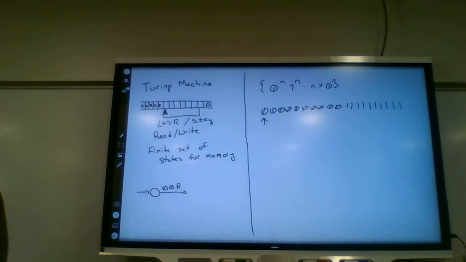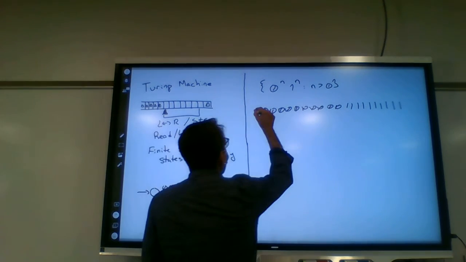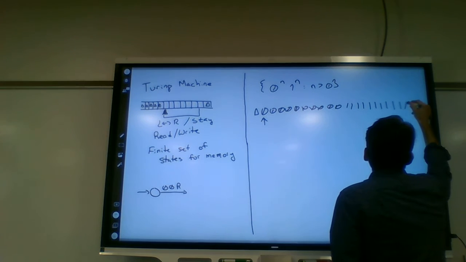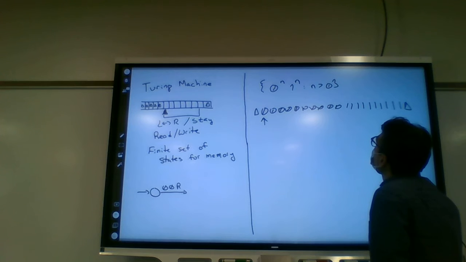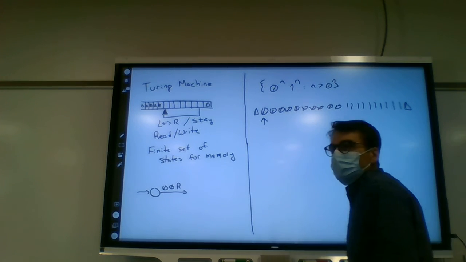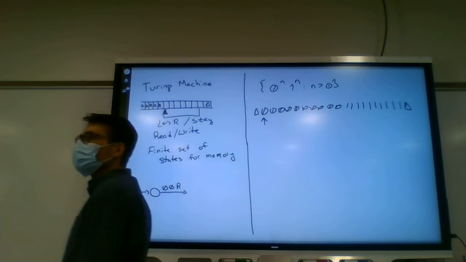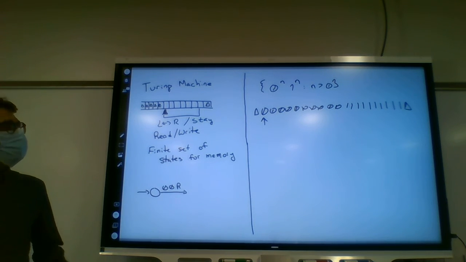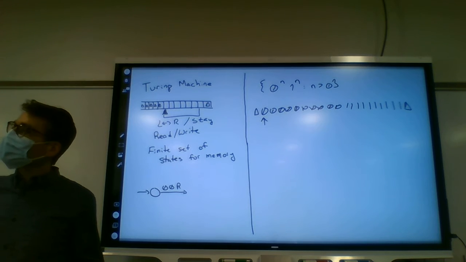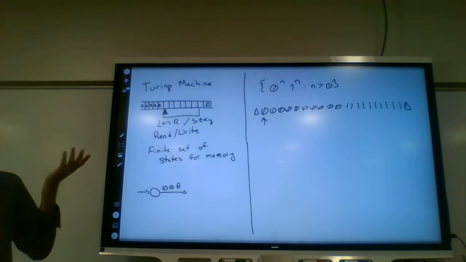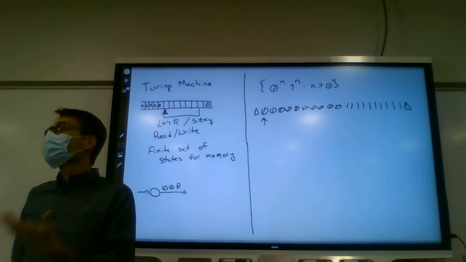Thinking through some solutions, just kind of spitballing. I know these aren't the correct answers. One approach, I guess, would be to read through the string from left to right and replace all the zeros with ones, and then do the reverse, replace the ones with zeros, so you basically flip flop and then go back. If you flip flop and went back, then we would have ones followed by zeros, but we still wouldn't know how many of them, right? And our question is, do we have the same number of them?